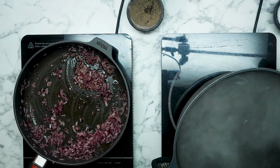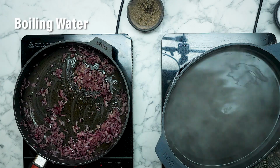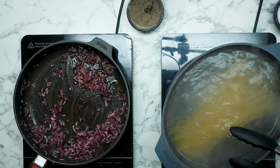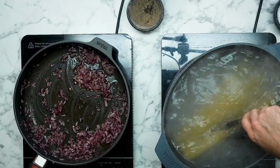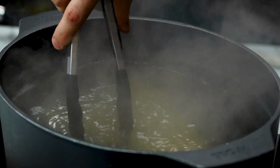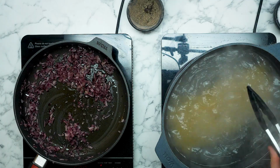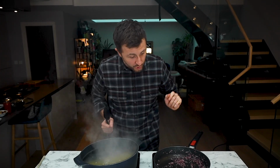But obviously, if you're making spaghetti bolognese, you need some pasta, which is what we're going to do right now. Get a nice big pot full of boiling water and pop in a big pinch of salt. Once your water is at a rolling boil, take your spaghetti and pop it in the pan. Now you can take some tongs and move the spaghetti strands around in the water to make sure that they don't stick. Now that spaghetti is going to need about 9 to 11 minutes to cook, and we want to have it a little bit al dente,